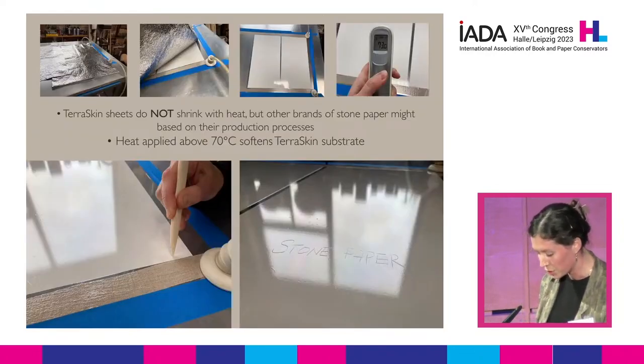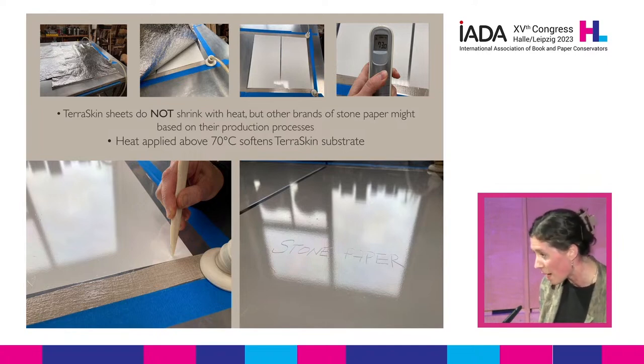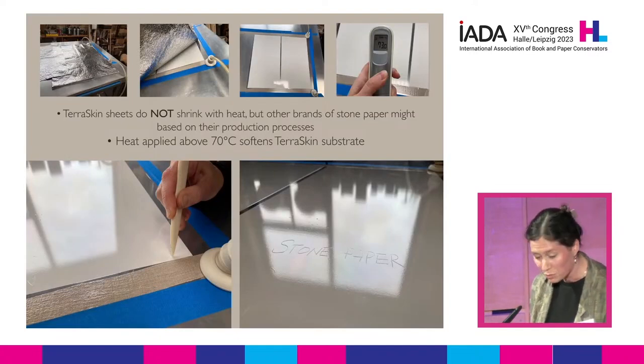TerraSkin is produced through an extrusion process where the polymer is blown into a tubular film form that's then collapsed and flattened. Some other stone papers are produced through a biaxial stretching of the film, so when exposed to heat, biaxial-oriented films may shrink. Just think of shrink wrap. Because of the blown extrusion process, TerraSkin is dimensionally stable under elevated temperatures, though the thick and